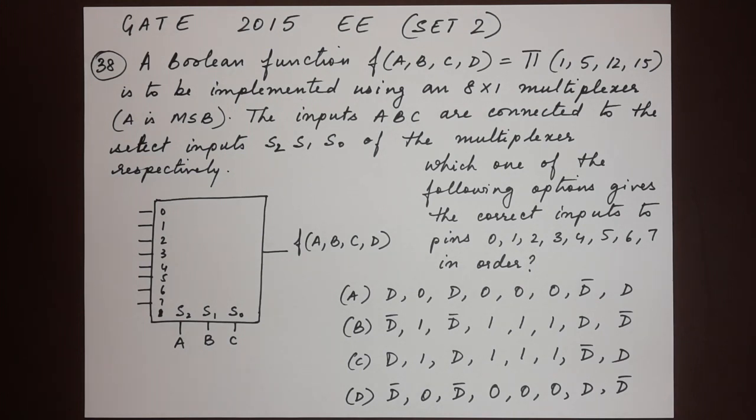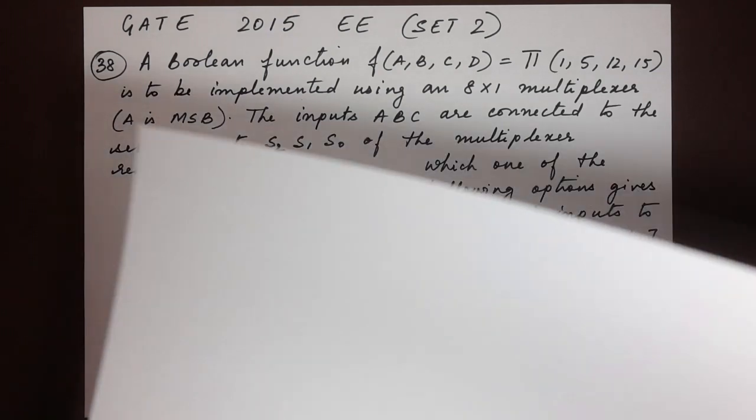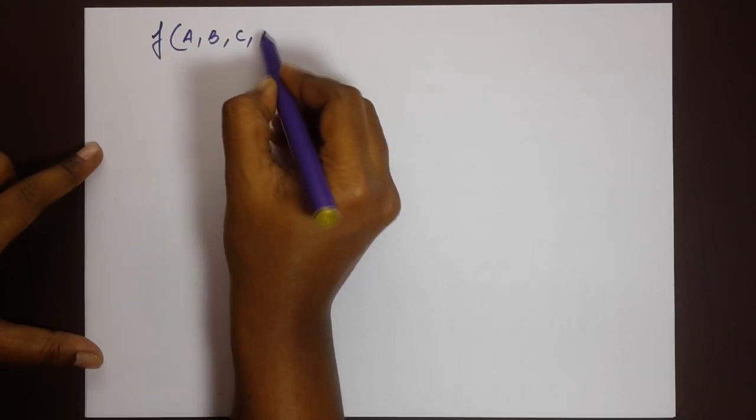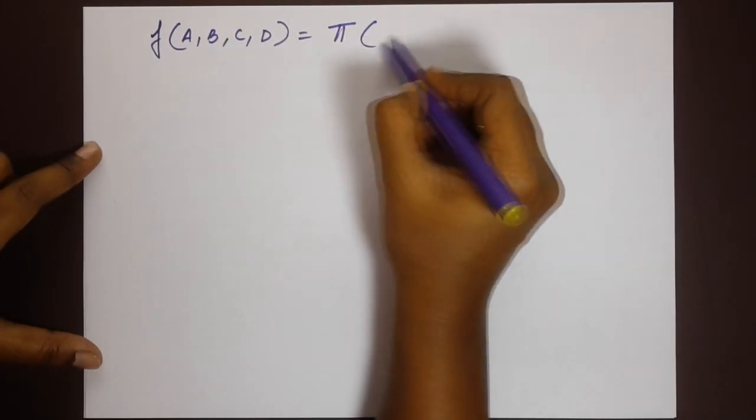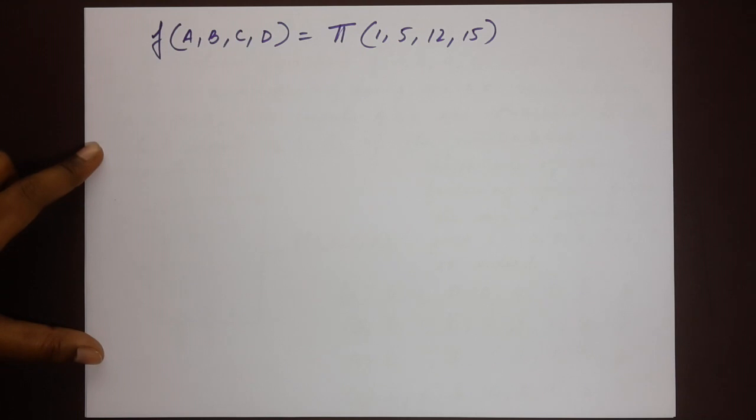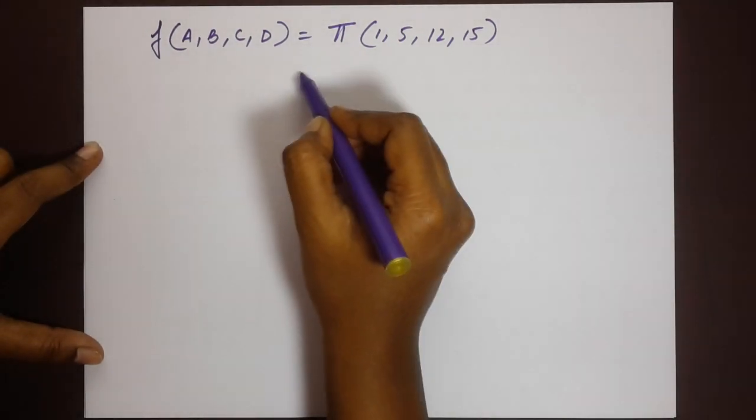Okay, so here we are supposed to use the Boolean function given to us and implement it using an 8 to 1 multiplexer, which means 8 inputs to 1 output multiplexer. Let me get another sheet of paper and we'll work it out. We start with the Boolean function given, F of A, B, C, D, and the values are 1, 5, 12, 15. Now we have to write this in terms of min-term expression. So if we convert that,